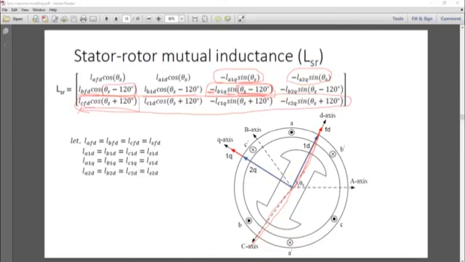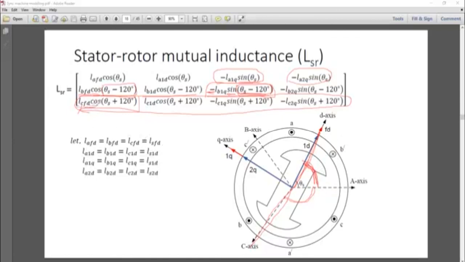120 plus theta s. You can look at it this way: 120 plus theta s. Never 180. It would be 180, of course, when theta becomes 60 degrees, but not in general. It is one specific case. In general, it is 120 plus theta s. That is the generalized representation.